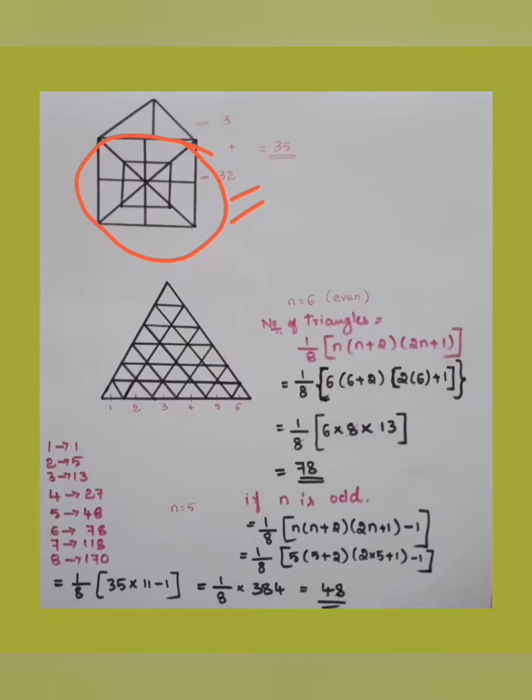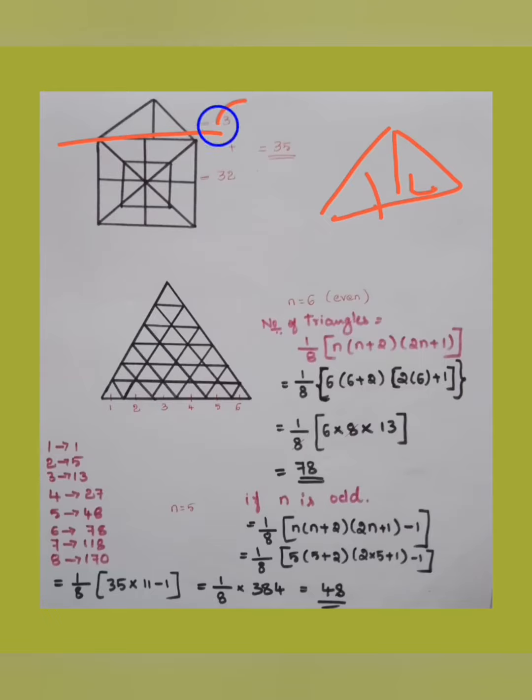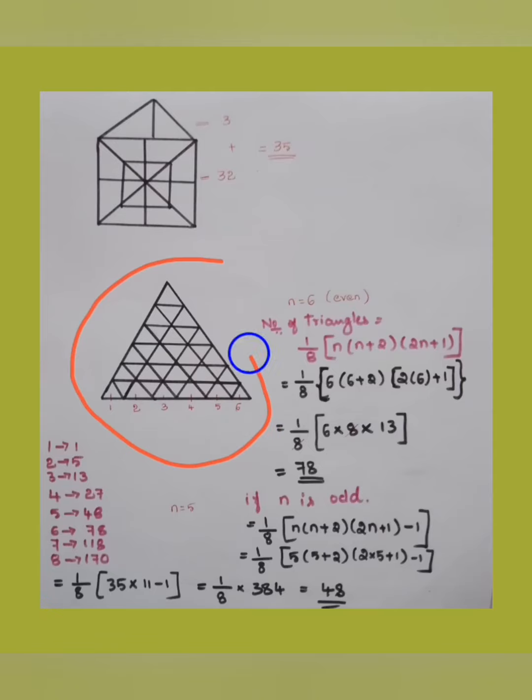That was 32, which we got from the previous one. And the upper part, you take with the vertical line, just a plain triangle with a vertical line. So we have 1, 2, so 1 plus 2 adds up to 3, so the answer is 3 triangles. So 3 plus 32 gives us 35 triangles in this given diagram figure. Cleared? Okay, so if it is small little triangles inside a big triangle, however many triangles